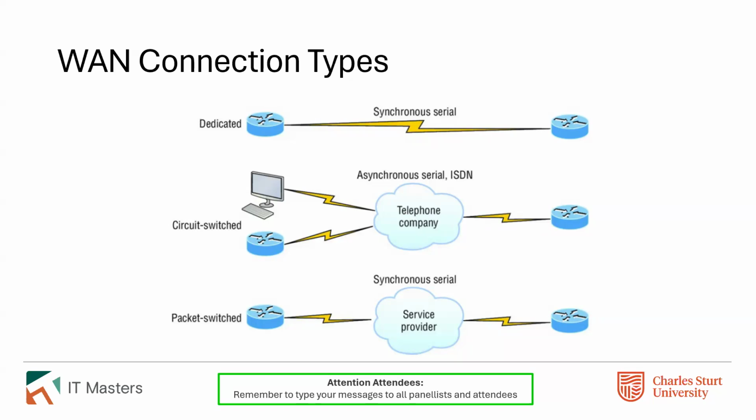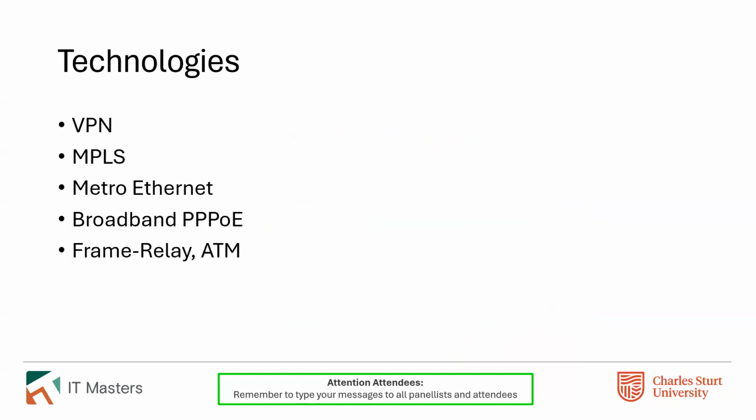The most common form these days is packet switched networks, where you're going to rent a connection from a service provider that looks awfully like the internet, but generally is private to you. So it's often called an IPVPN. That's a name that service providers will often use, or sometimes a managed WAN. Now, the technologies that you might see used here, VPNs, we'll talk about VPNs more broadly. You can create a WAN using VPNs over the public internet. It's a perfectly reasonable way to go, and certainly very cost effective. It is actually the basis of SD-WAN as well.